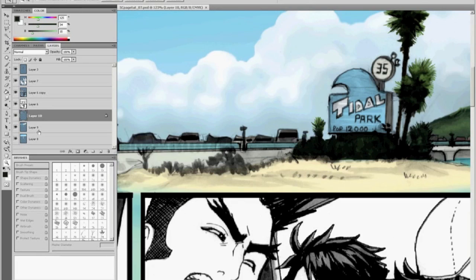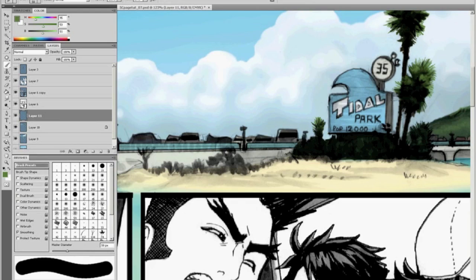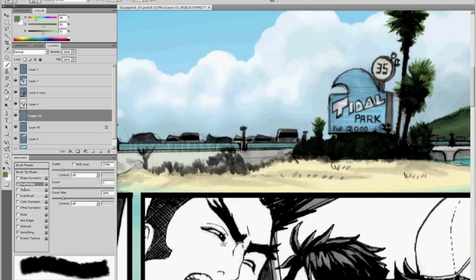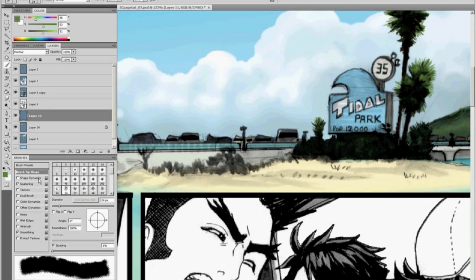So now let's go in, let's do another layer. This one's gonna go on top of these bushes. And we'll take that, and don't you worry, we're gonna do the bushes. I'm gonna show you guys a technique for that. Let's turn on scattering, and let's see, we'll reduce the spacing a little bit, and sometimes I'll drop